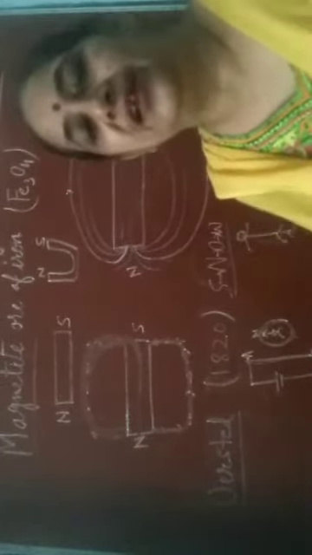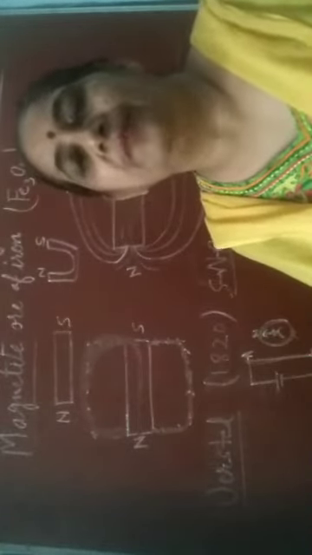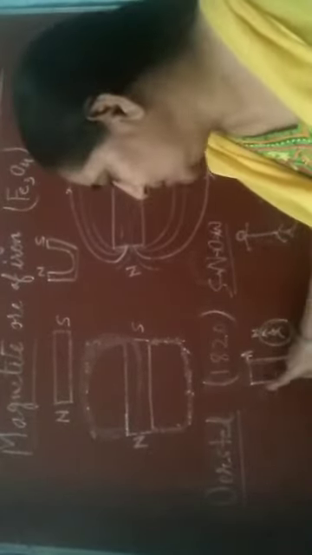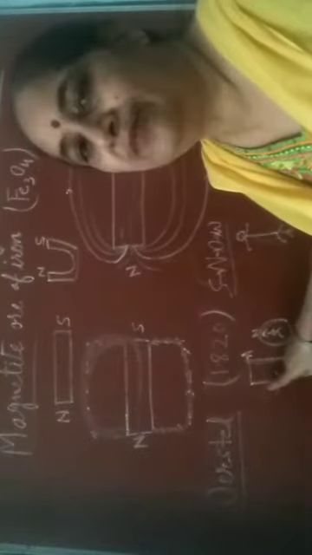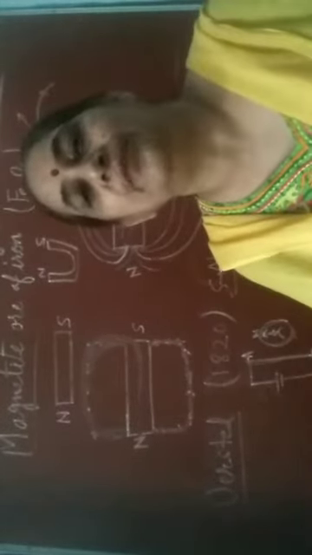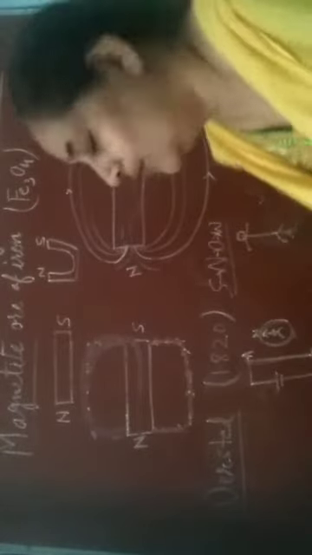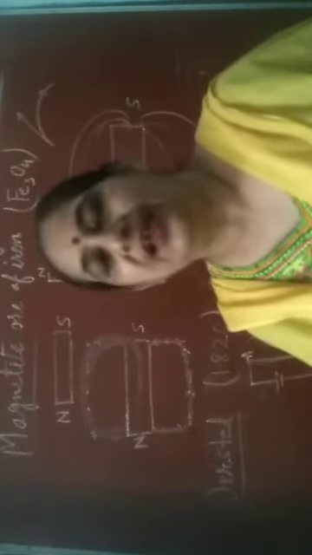If the amount of current is increased, then the magnetic effect will be increased. More and more magnetism can be produced. Second thing, if we reverse the direction of the current, the cell's positive side will be negative, negative side will be positive. So if you reverse the direction of the current, then you will see the deflection in the needle will also be reversed. Okay, so this effect of electric current was first of all studied by Oersted and this is called Oersted experiment.